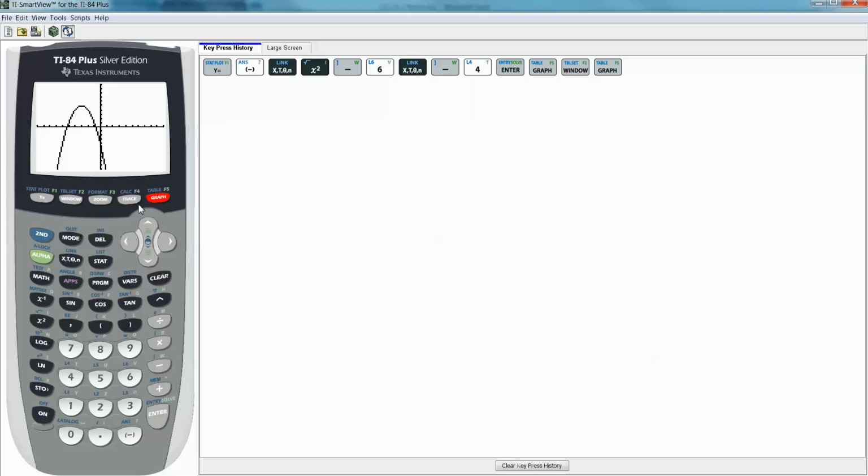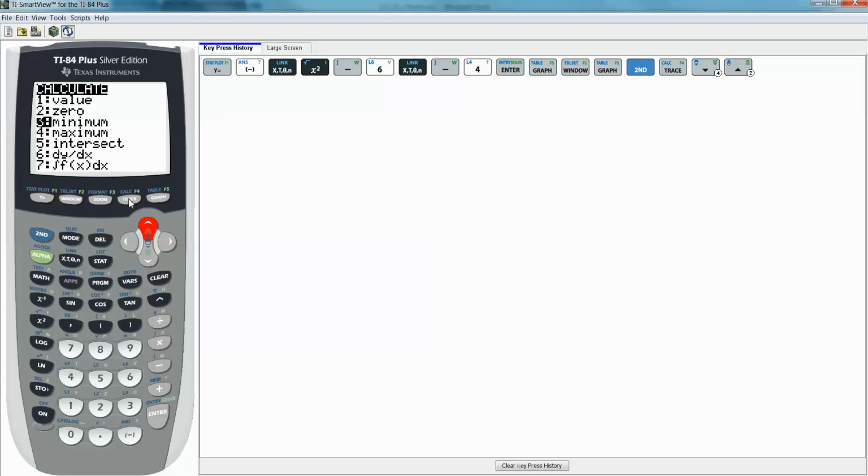Cool. All right, so then we're going to go to second trace, which is calculate. We want the graph calculate menu, and there are several options in here. We've already worked with number 2, which was zero. We've also worked with intersect, by the way, in chapter 3 and, I believe, chapter 6. But we're going to deal with minimum and maximum here,